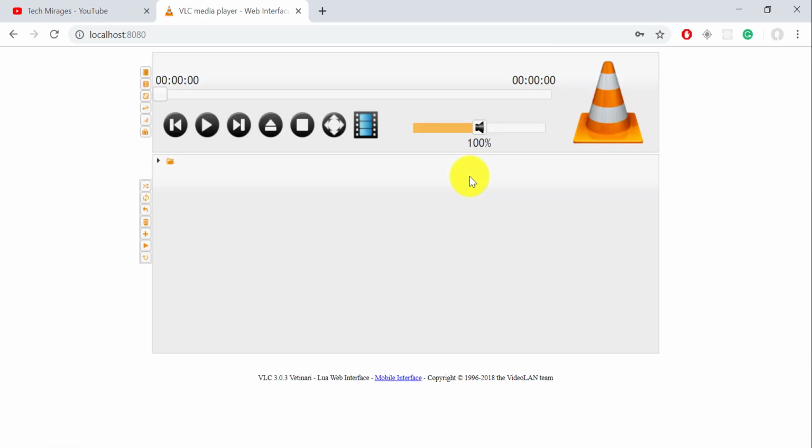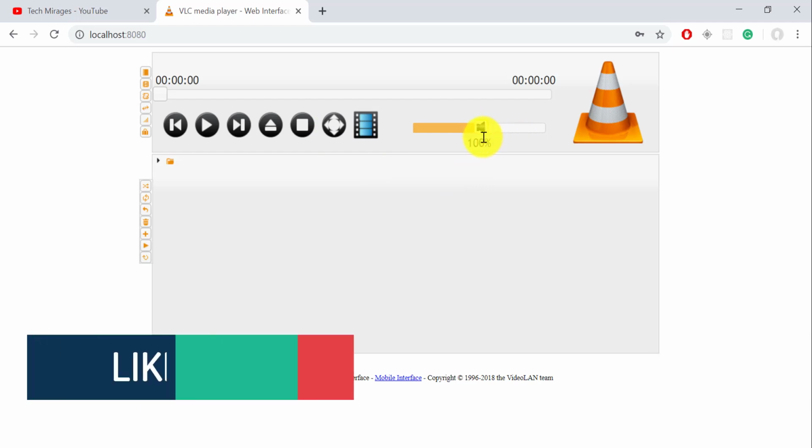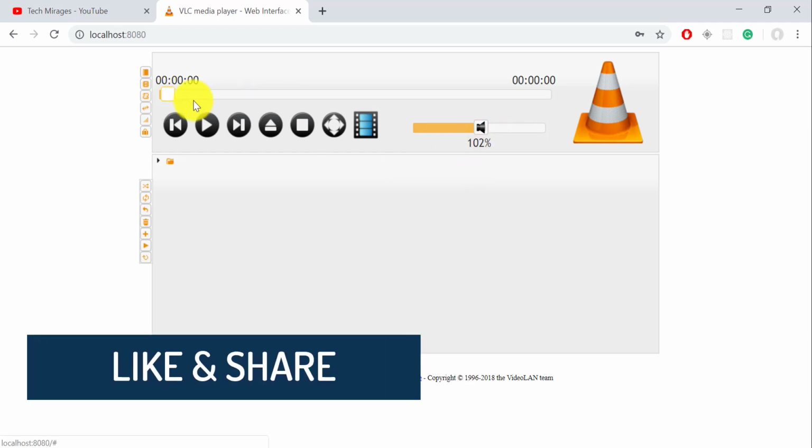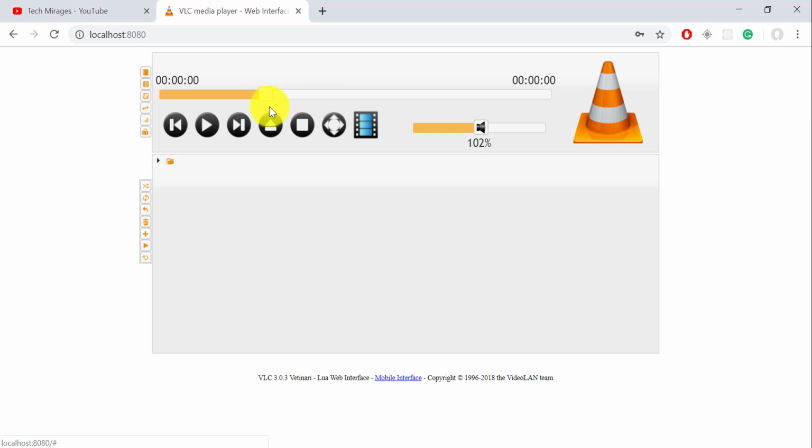And you could see all the VLC media player controls on your web browser. So you can play, move forward, backward. You can even select the view. You can even select the media or full screen, and you can even manage the volume over here, and you can even just scroll on the timeline of the video over here. So this is one of the tricks of VLC media player where you can access all the controls of VLC media player using web browser. So this is a simple trick to access VLC media player from the web browser.